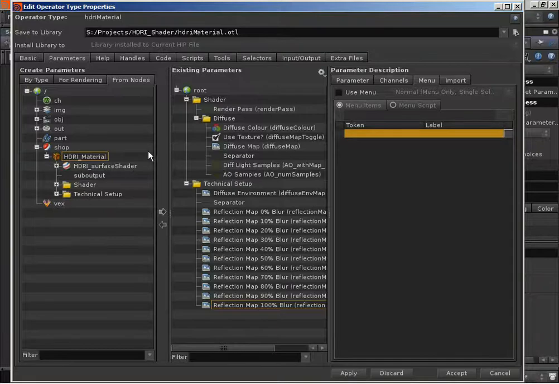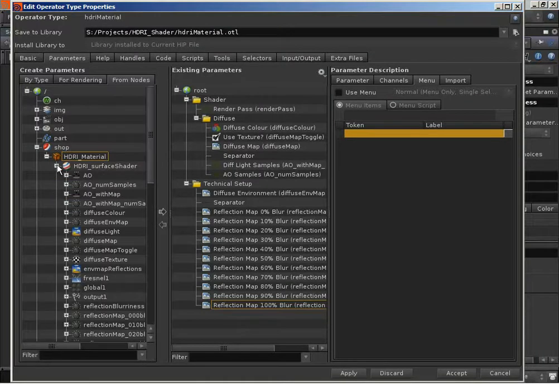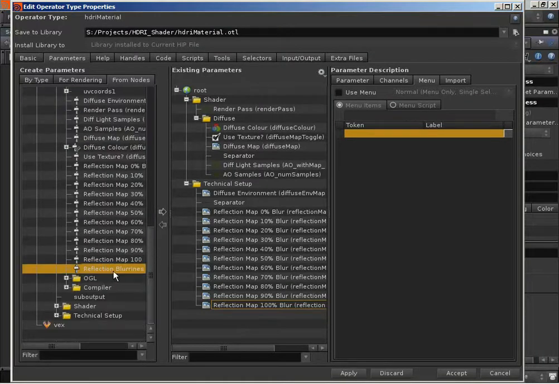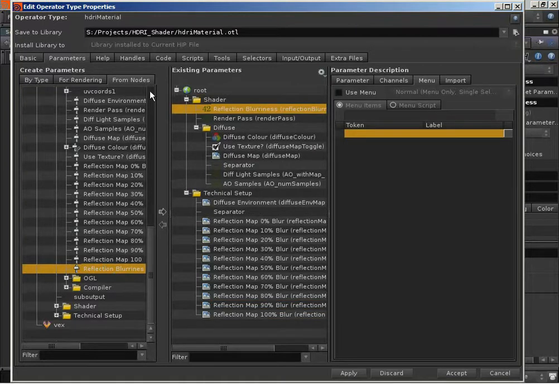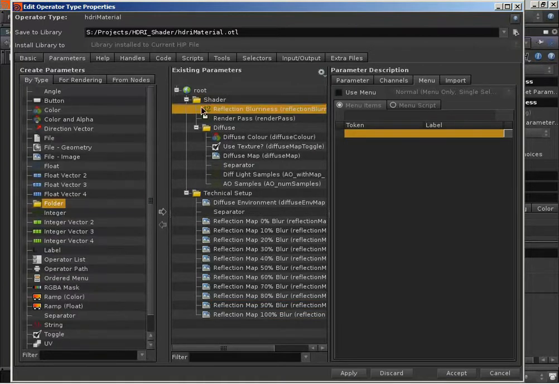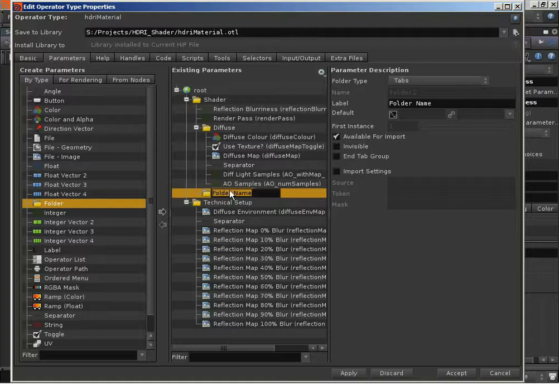And then we also want to promote up the reflection blurriness value. So I'm going to grab the reflection blurriness parameter, and that's going to be put on our shader. And where on our shader? Well, let's create a new folder for reflections, which I'm going to put in brackets "specular", just so that someone